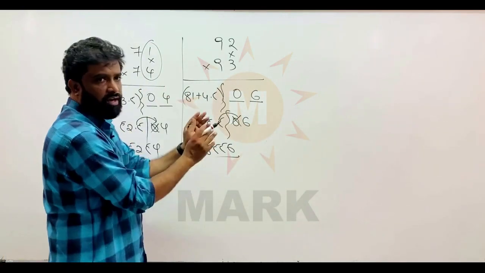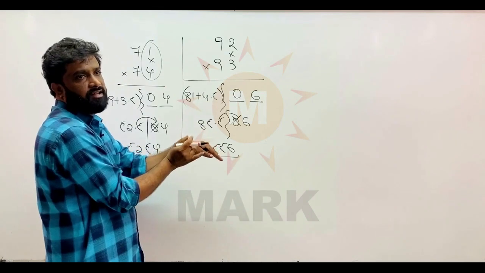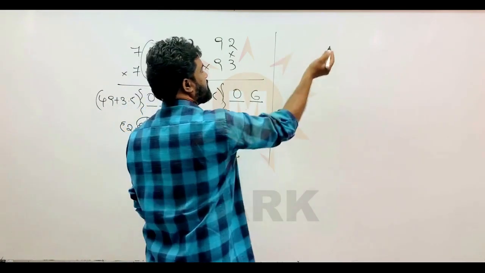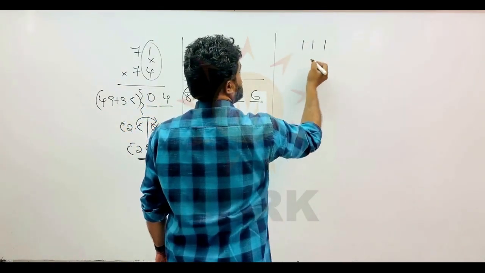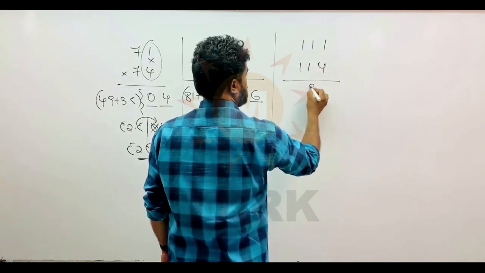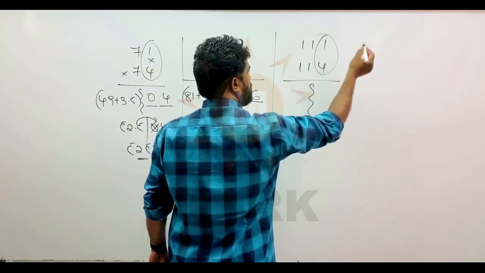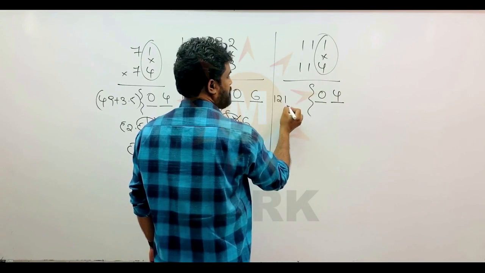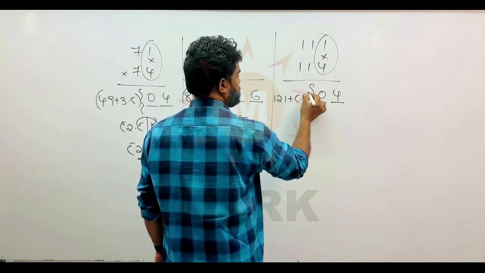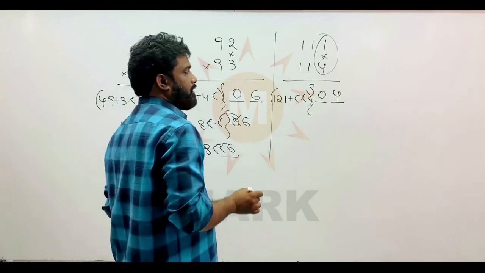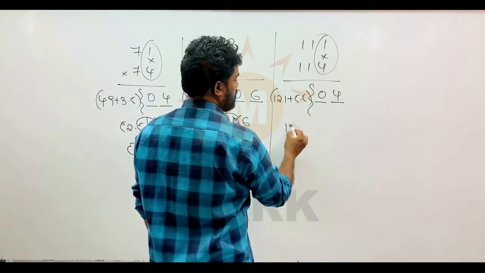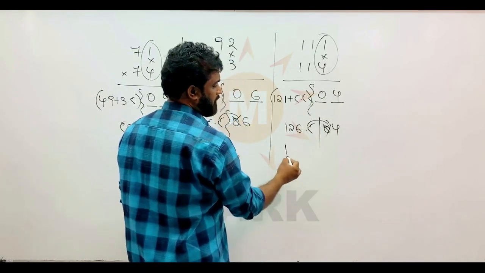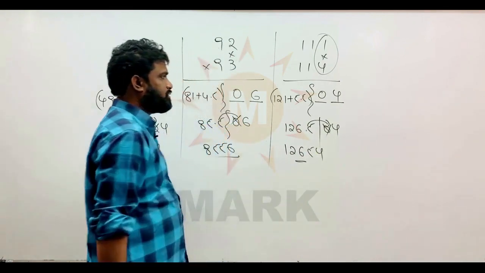That's why the two slots are given when these kinds of cases come, so that you can adjust the decimal point and shift this number from here to here. Suppose I am taking a 3-digit number, you can see here 111 and 114. Here the condition is satisfied, 1 plus 4 is equal to 5. Here we have to write the product in two slots, 04. What is 11 into 11? 121. What is 11's half? That is 5.5. 121 plus 5.5 makes 126.5. Here 04, nothing to do. Cancel the 0, shift the 5 here and remove the point. 12654 will be your answer.